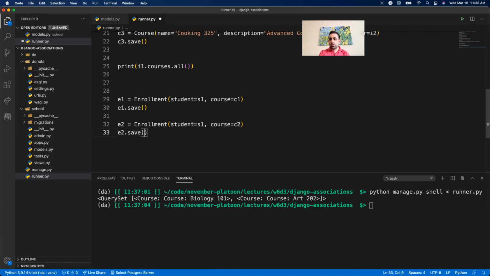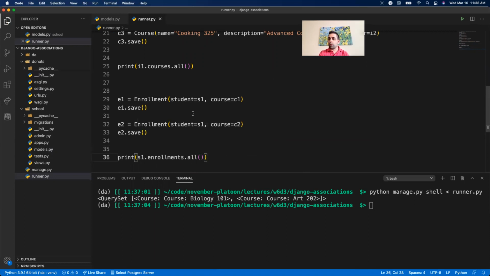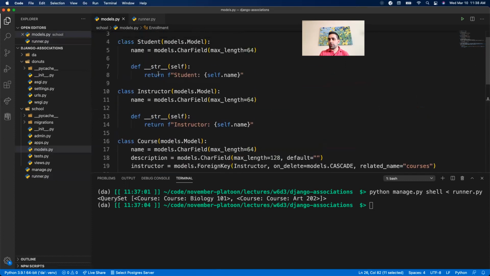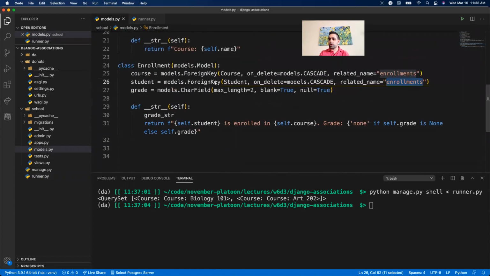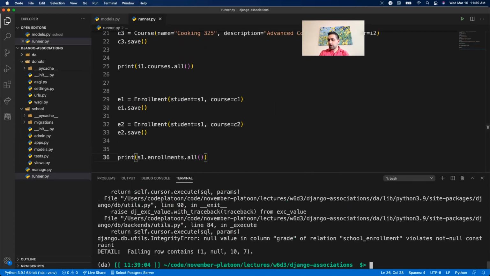That's saved. All right, so let's see, we have this student 1. If we did something like this, enrollments, notice that VS Code says there's something it knows about enrollments. We do all and print that out. So again, this is just really convenient that we didn't have to create these fields on the model, but they get automatically created when you create relationships between the tables. So if I give this a run, Python runner,